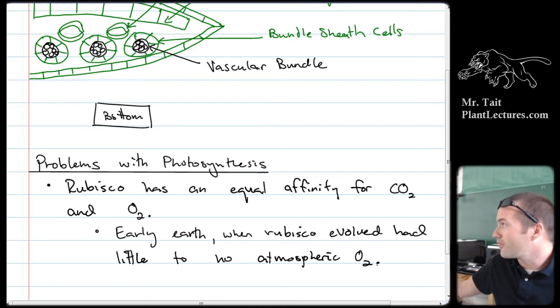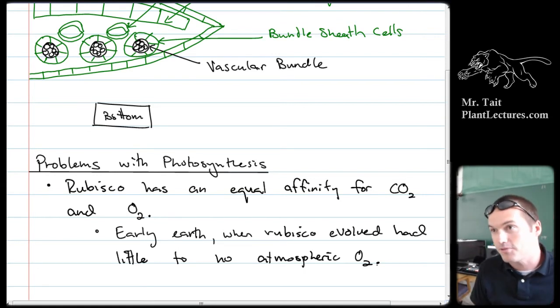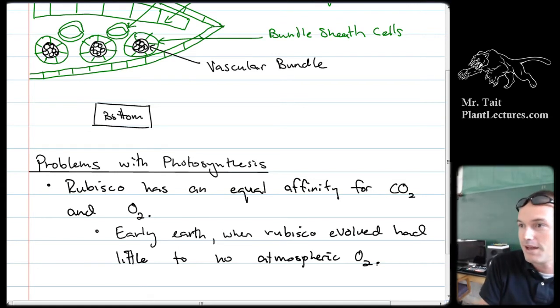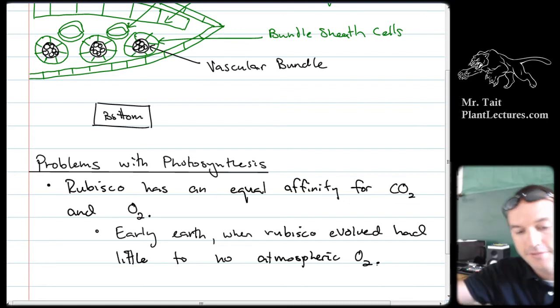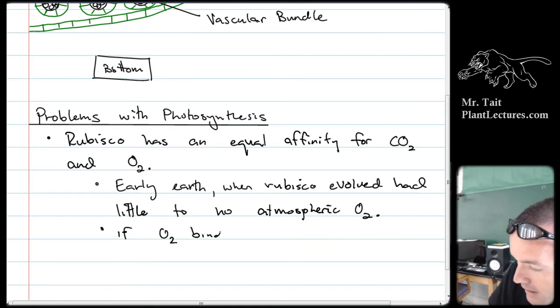But before there were plants, there was no O2. So that means that when rubisco was evolving, there was no reason for it to be able to exclude O2 because there was no O2 there. It wasn't until plants started to get really good at photosynthesizing that they had a problem, because they were becoming too good and the waste product, O2, was starting to bind to the enzyme rubisco. Make sense? So we can say that if O2 binds instead of CO2,